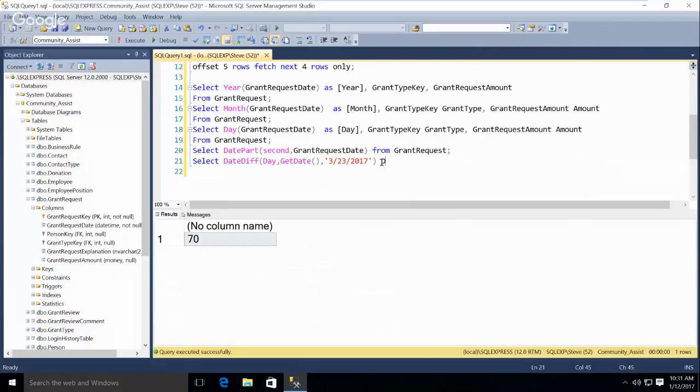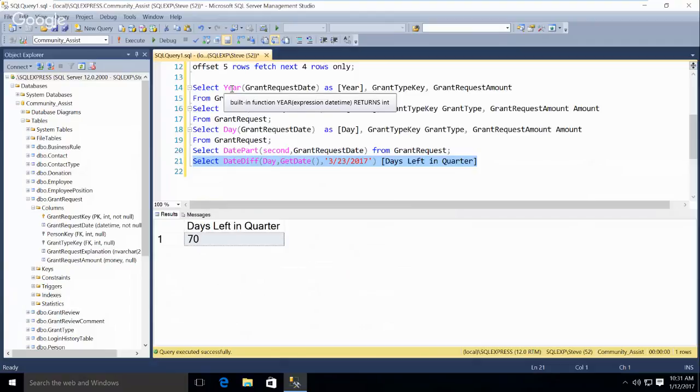And then there's no column name, so we could give it one. Notice that there's no FROM here because I'm not getting data from anywhere. You could use SQL as a simple calculator.